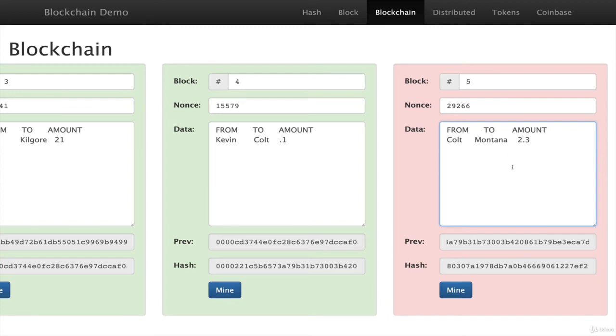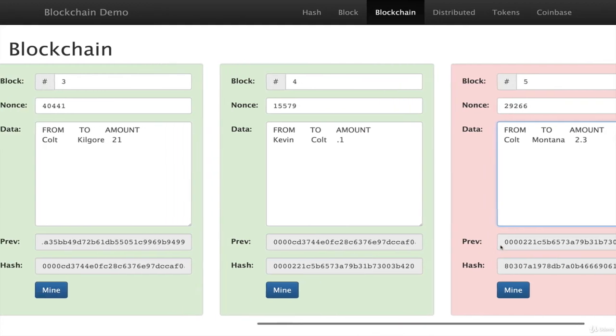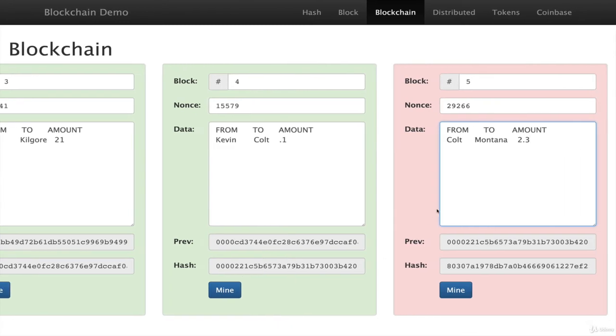Okay, so now what we're looking at is we need miners to compete to take this data, to take the previous hash, which you can see is here, I need to scroll over, 0.0000221 from here. And we need to take that and change the nonce over and over until we find something. In our case, it needs to start with 4 zeros. So try changing it to